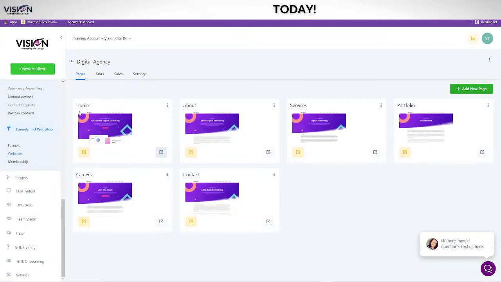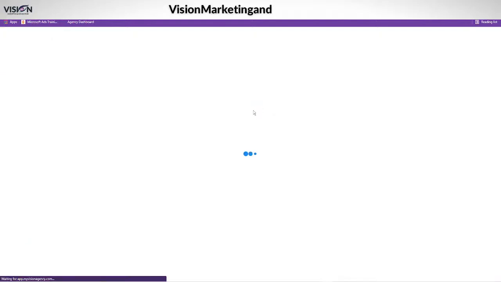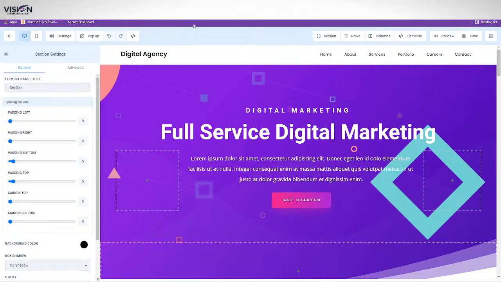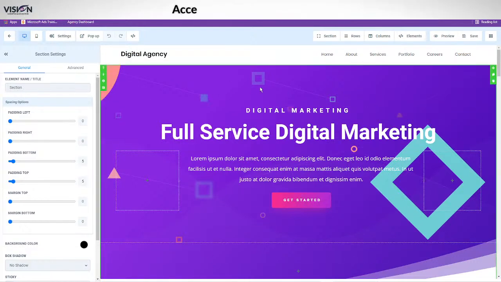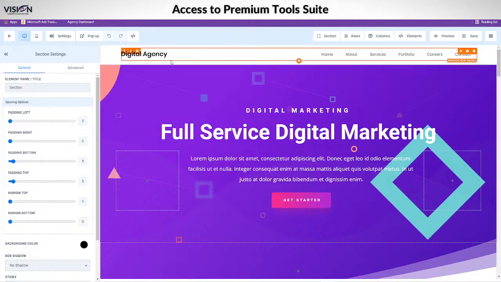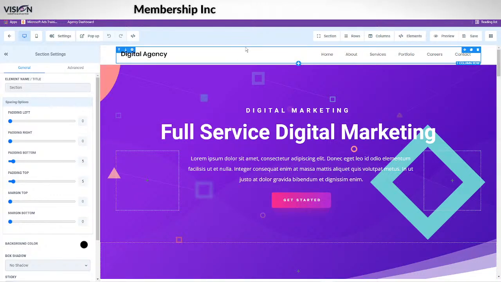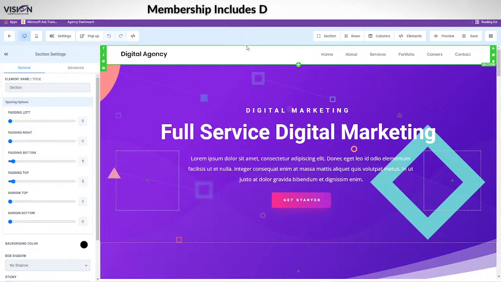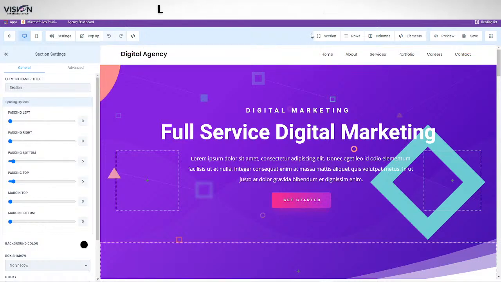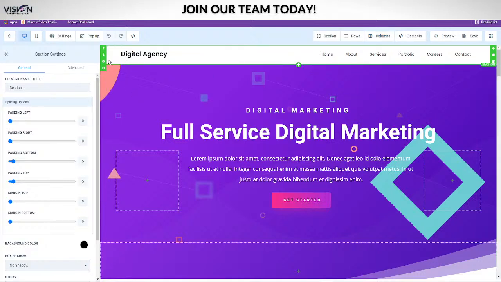So let's talk about actually editing it. I'm going to click here and we're going to go inside the editor. Right away, as you hover over, you'll see all these different colored boxes. To compare this, it's basically like any website builder. They're basically all the same. Whether you were using ClickFunnels or Builderall or the Divi Builder or Elementor, they're basically the same. Instead of panels, what we have are called sections. Instead of just elements, we also have rows and columns. And I'm going to show you how all of those work.